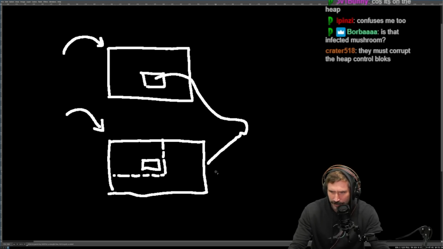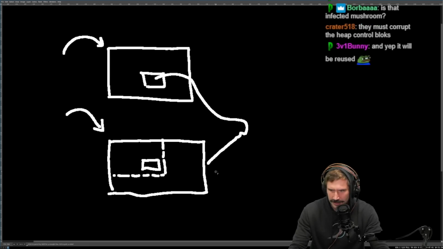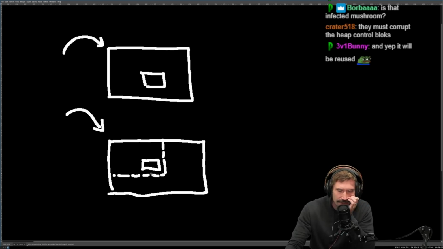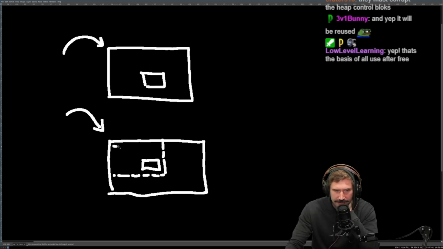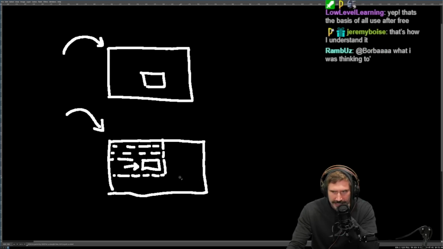Is that what this is? It reuses it. Okay, so am I understanding this correctly? Because they know the size of this handle, if they can just get the correct thing in place here, then that's how I understand it. Yeah.